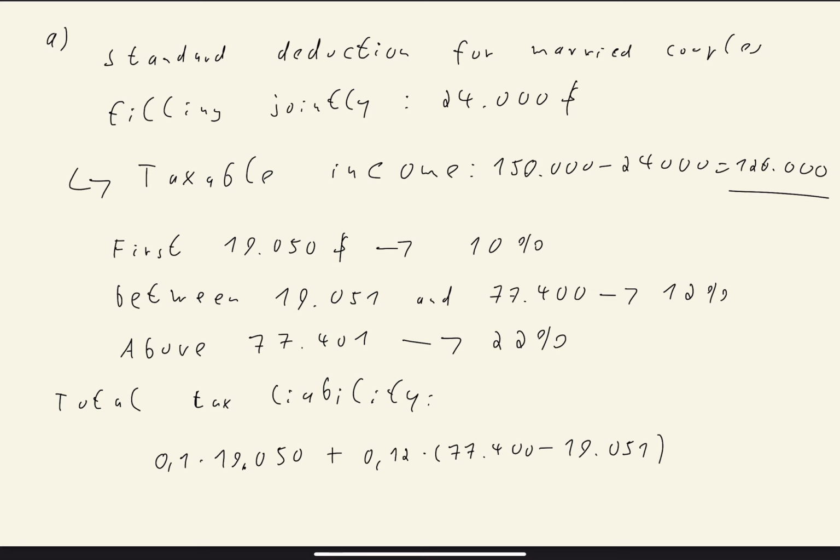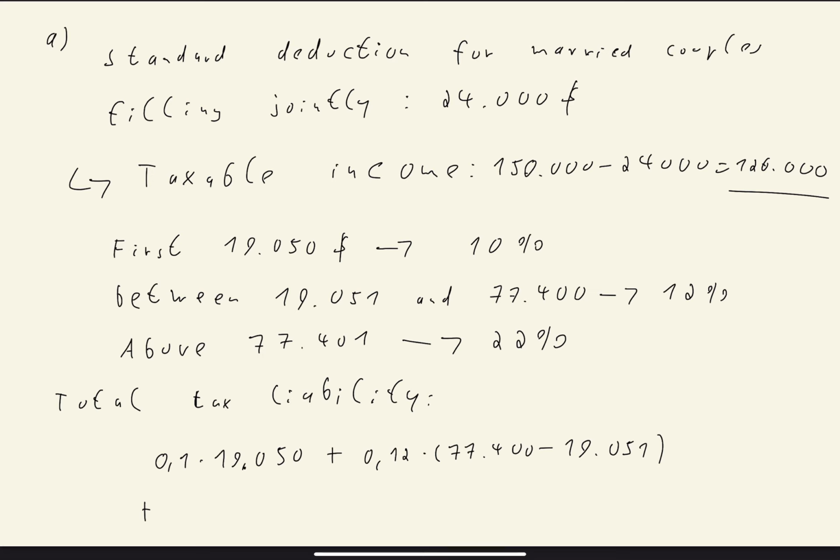And then for everything which is above $77,400 and up until the total taxable income of $126,000, so the remaining top part of the taxable income,